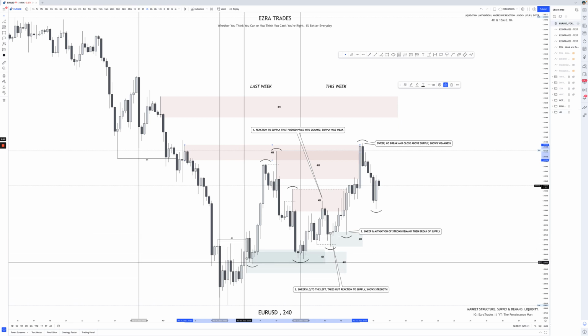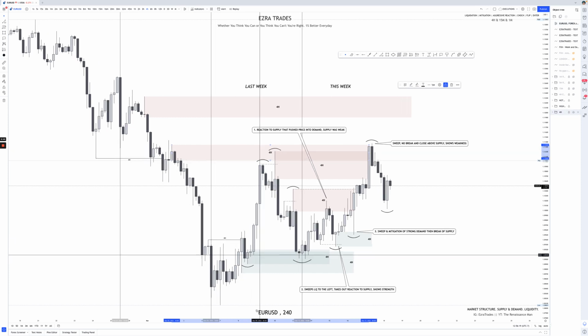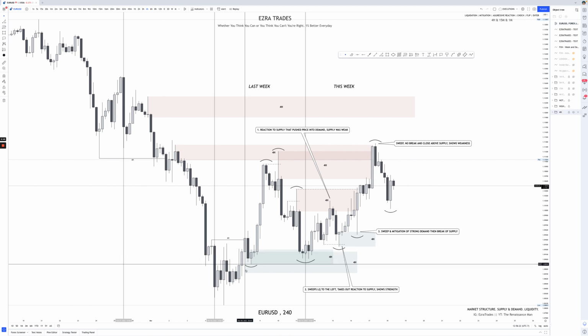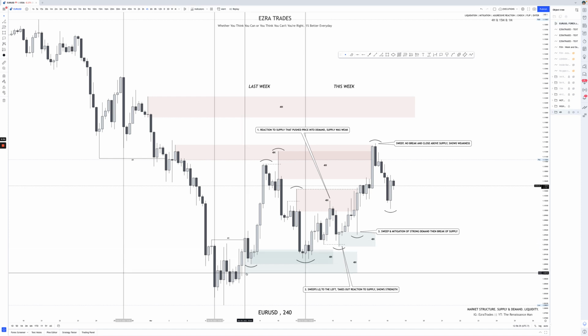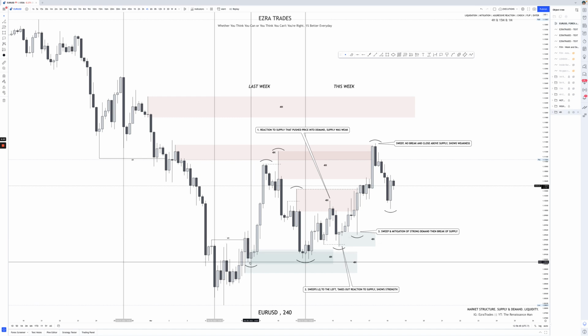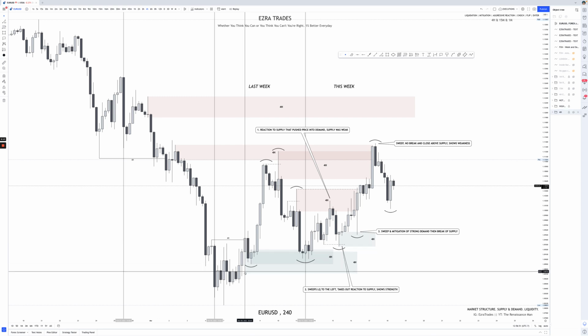So basically this push created a break and closure above. Now if I'm looking at this closely, I can see that we have this very aggressive wick that's even larger than the candle body here with this part up here. And so what I'm seeing is this probably opened and we probably had an aggressive push to the downside that created some sort of tap of resting orders that created this aggressive push to the upside, and then it got engulfed, right? But the reality is, it looks like it got engulfed, but this is the candle wick low, and so while the body itself was engulfed, basically what we did is we obviously tapped some resting liquidity here